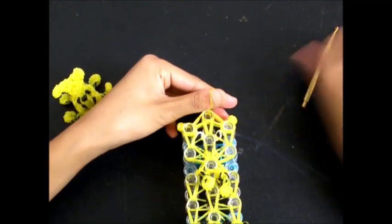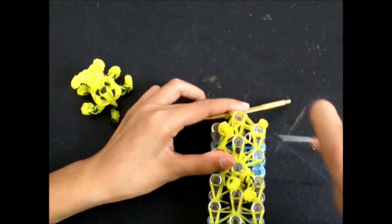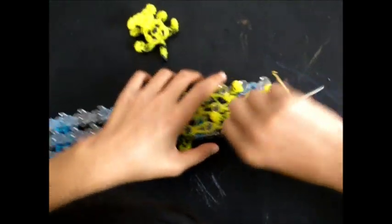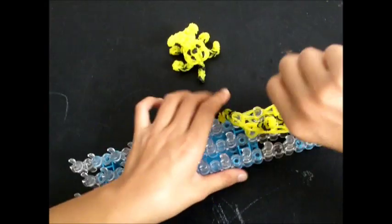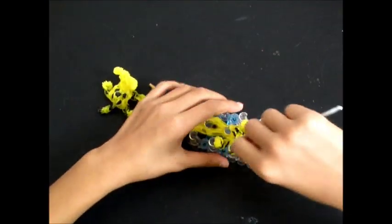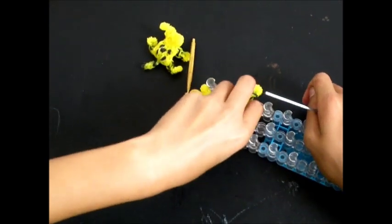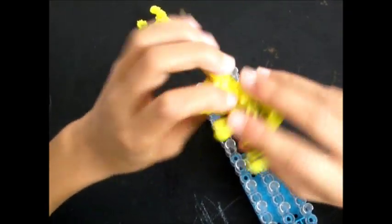So right now I'm just going to switch it with my other hook so we can use this hook. And with this back of the hook, we're just going to release all those bands off so that we can get ready to take it off the loom. And it's almost done, so I can just turn them around. I'm going to get all these bands off. And right here, we're also going to get it off so that we remove it. And we can just pull this part off right there. And right now, we're going to just